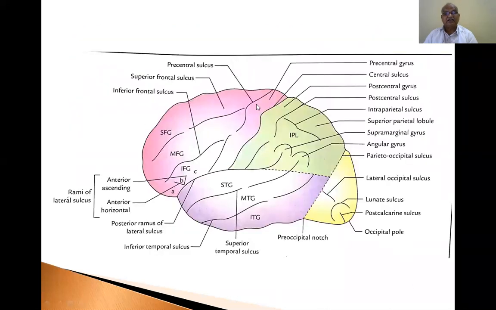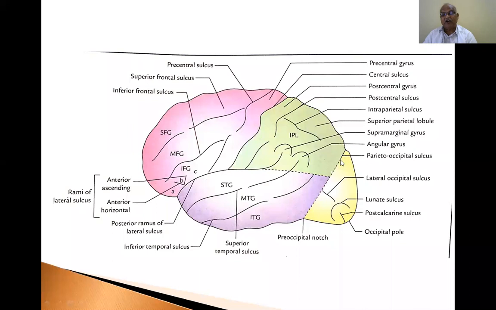This is the central sulcus. In front of the central sulcus is the frontal lobe. Behind the central sulcus is the parietal lobe. This is the parieto-occipital sulcus. An imaginary line connecting this separates the occipital lobe from the frontal and parietal lobes above and the temporal lobe below. The lateral sulcus touches the central sulcus, extends backwards, and diverges into 1, 2, and 3. Below the lateral sulcus is the temporal lobe.